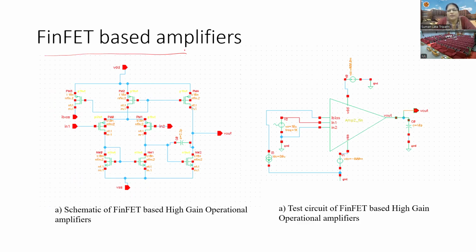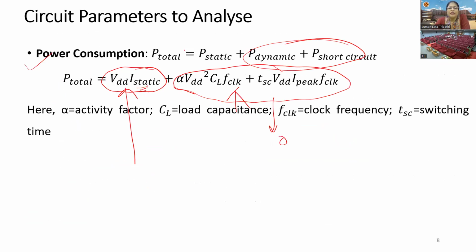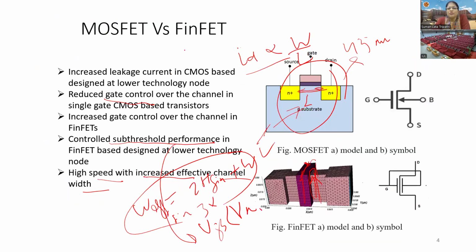For the beginners, they can start by understanding conventional CMOS based amplifiers, and then they can switch to FinFET based amplifiers. You can move forward through two kinds of software. Either you can design your own transistor, like I have shown here, and after designing it, you can create a symbol like this and replace those conventional CMOS architecture with the